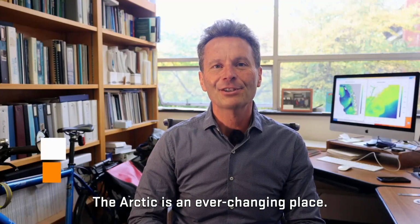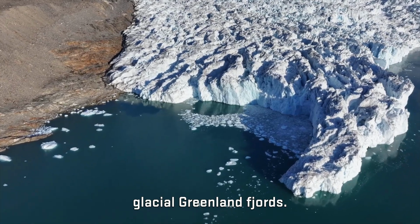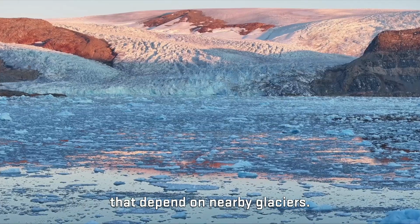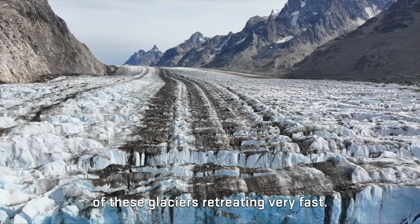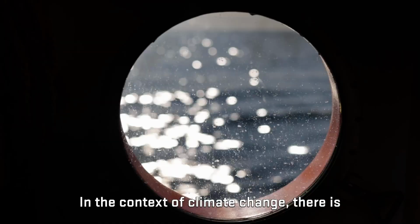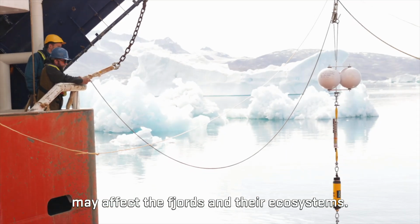The Arctic is an ever-changing place. As a fisheries oceanographer, I'm currently interested in one particular part of the Arctic, glacial Greenland fjords. These fjords are critical and productive ecosystems that depend on nearby glaciers. There is already a historical record of these glaciers retreating very fast. In the context of climate change, there is a huge need to understand how their disappearance may affect the fjords